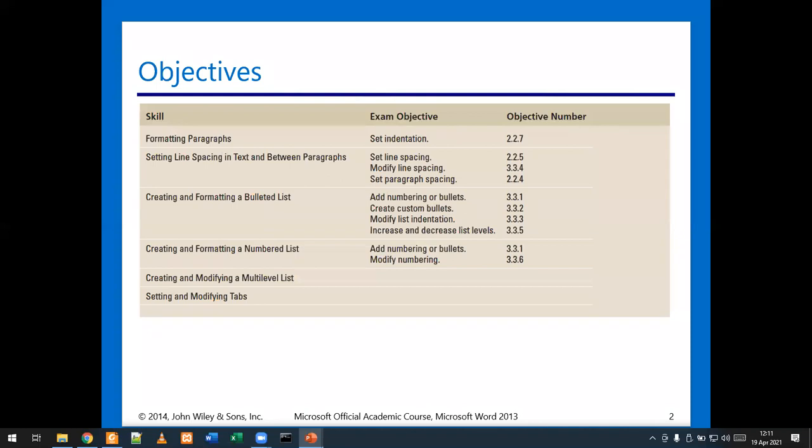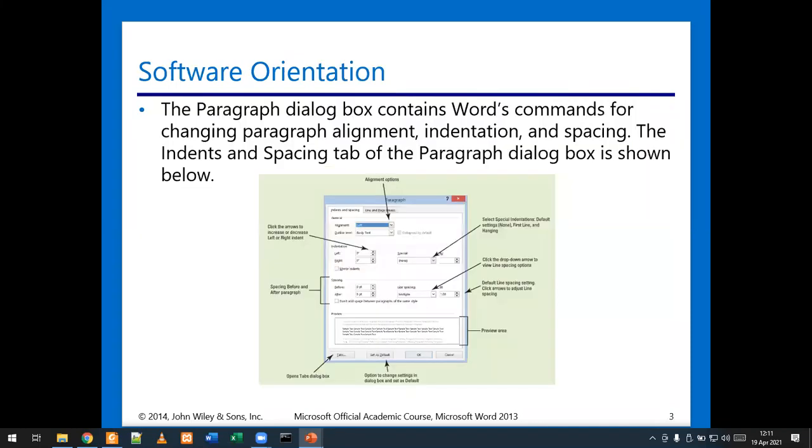So by looking at the key objectives, I already know that the tab that we are going to be looking at involves all the commands that are within the home tab, and specifically our paragraph group. So in terms of our software orientation, we are going to look at most, if not all, the commands within the paragraph dialog box, and we can see this in Word. So I'll open up my Word software in a moment. So we are going to look at paragraph alignment, indentation, spacing, as well as other line features that you would have when formatting your